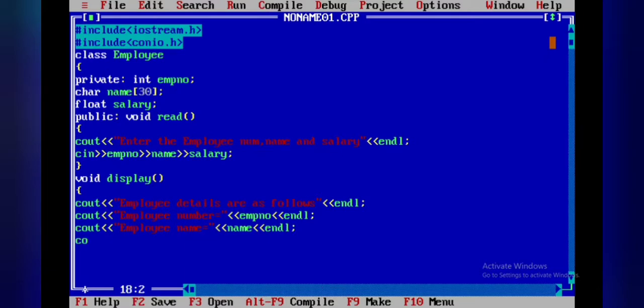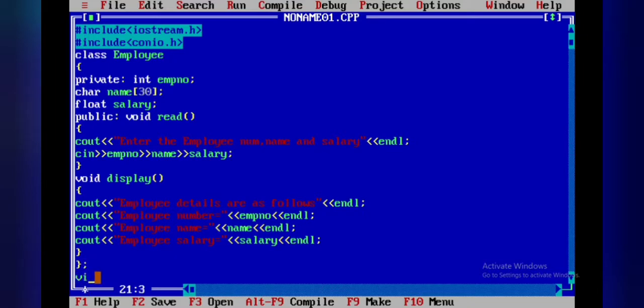Then cout employee salary, it's stored in the salary variable. So this is regarding the void display function, and this ends the display function. Now I have to end the class scope, so closing of curly braces with a semicolon.